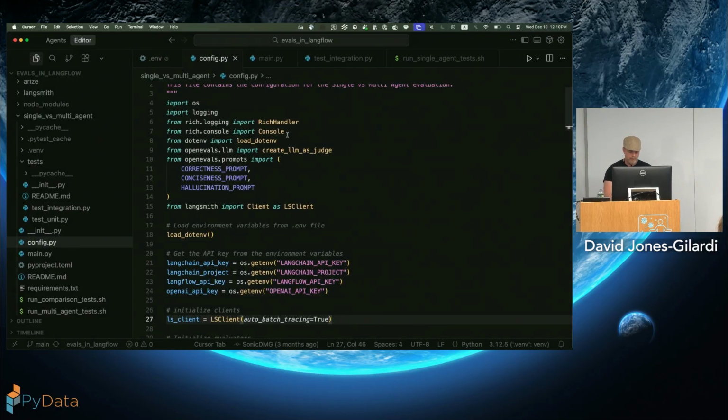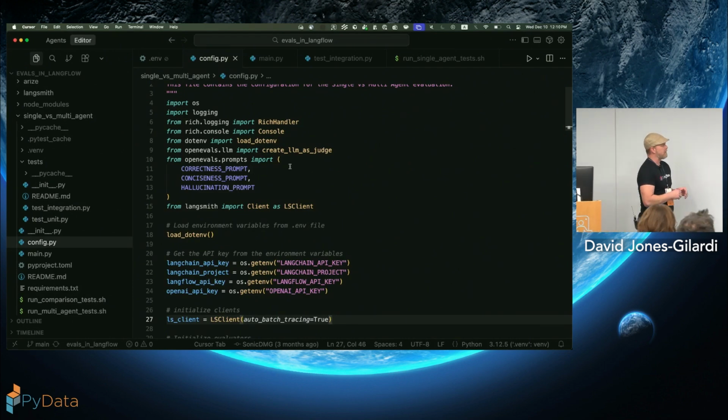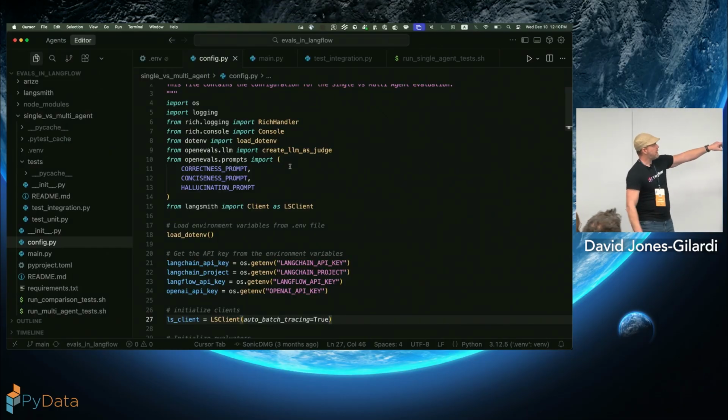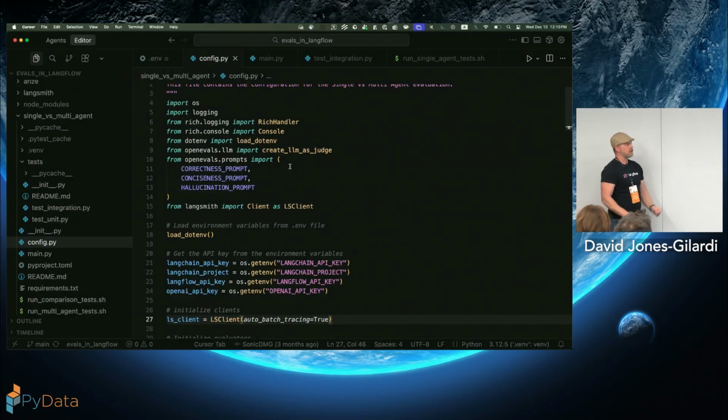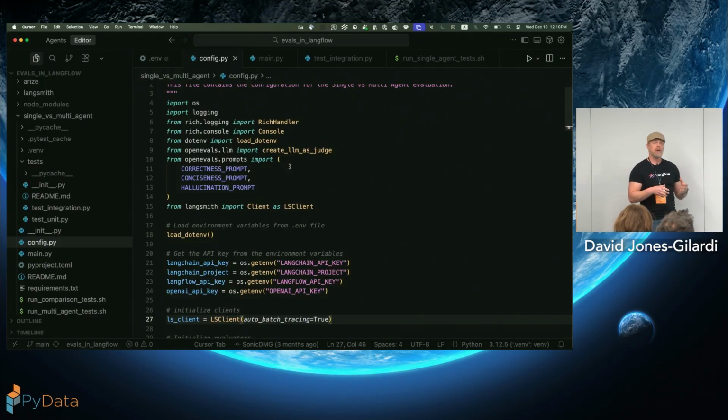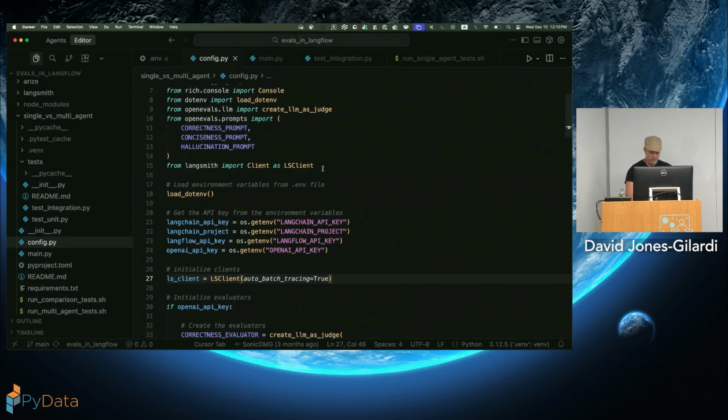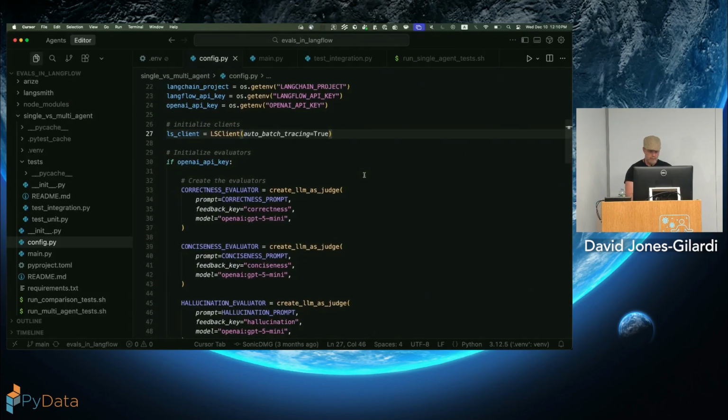But here, a couple things I want you to notice, right? So when I'm setting this up, notice support for open evals. Something really nice that the open evals package gives you is they have default prompts in there for LLM as a judge, like correctness, like conciseness, like hallucination. You can just use those out of the gate. Or if you want, you can totally make your own, right? You can totally build your own judges. So I'm setting these up later because I'm going to use those here in a moment. So right here,